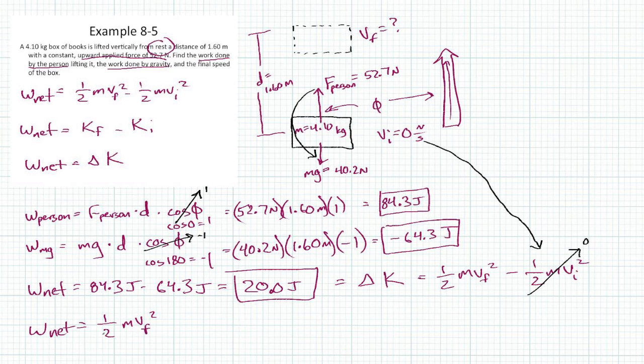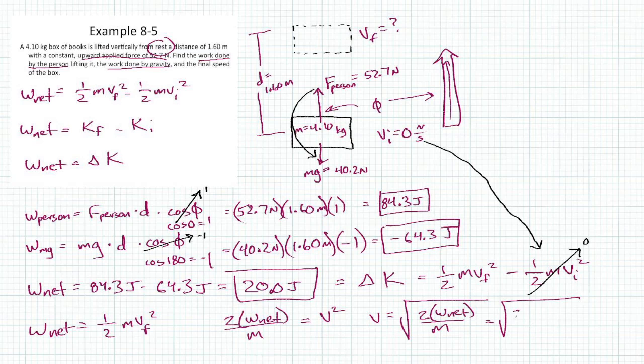So let's take our 2, bring it across the equal sign, and bring it to the top. So 2 times the net work divided by, let's take our m and drop it down below, equals v squared. And so v should equal the square root of all that. 2 times the net work divided by m. I'm running out of space here, but it's the square root of 2 times, what's our net work? 20.0 joules